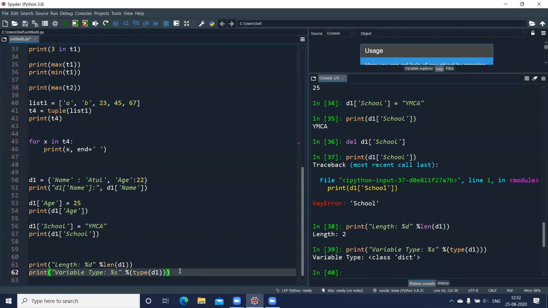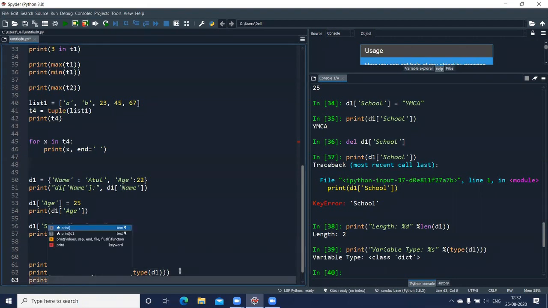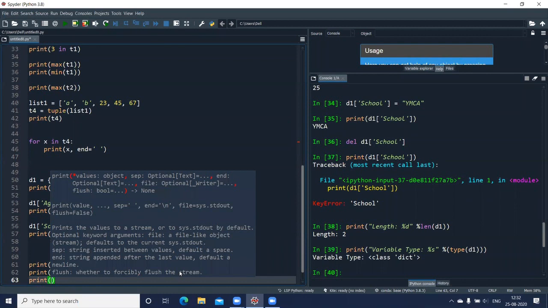Now you can also display your dictionary as a string. If I want to display all the values which are there in my dictionary as a string, you can do that. The equivalent string: again I'm using %s here.